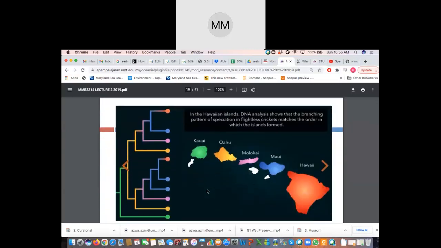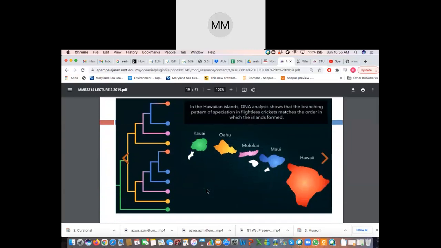Then you have an example of crickets from Hawaii. In the Hawaiian Islands, DNA analysis shows that the branching pattern of speciation in flightless crickets matches the order in which the islands formed. What this is trying to show is, with DNA analysis, towards the end here, usually